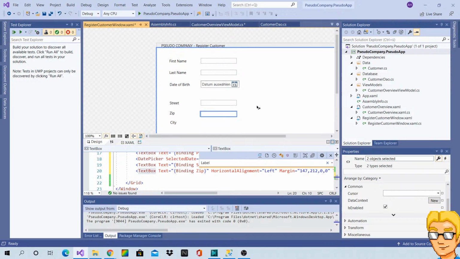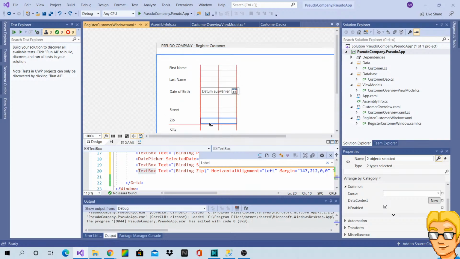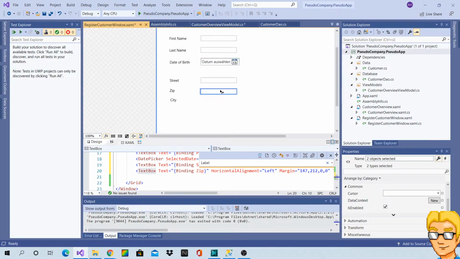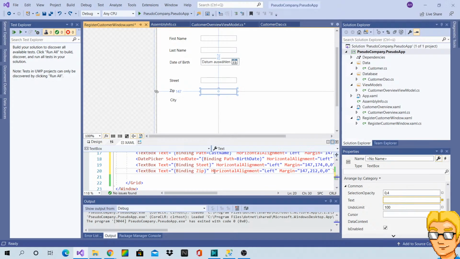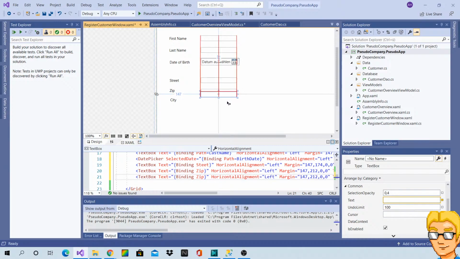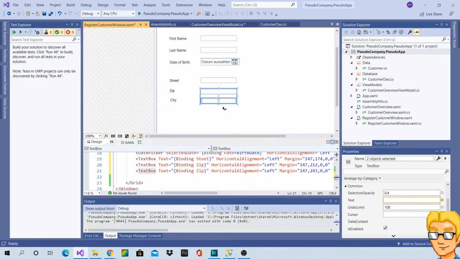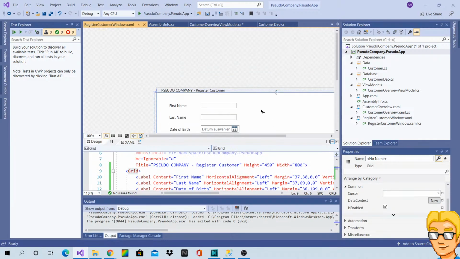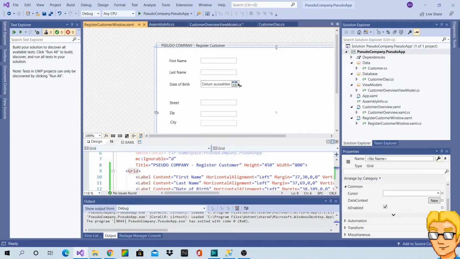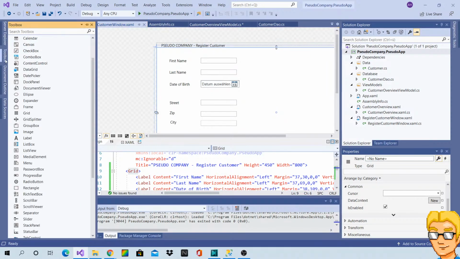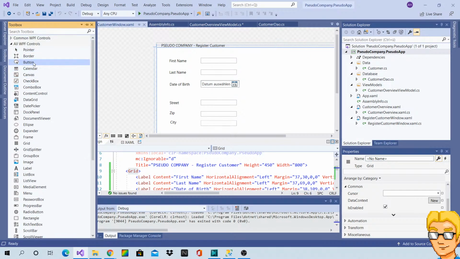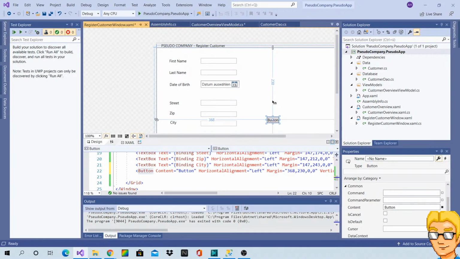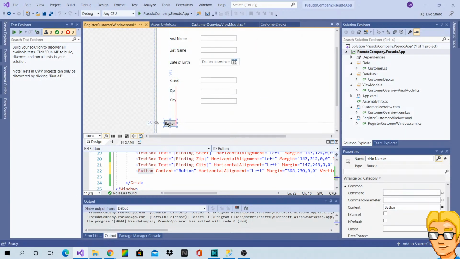Whoops, what did I do? What? Okay, never mind. It doesn't need to be pretty. Who cares? There. Now just a button for applying the data.